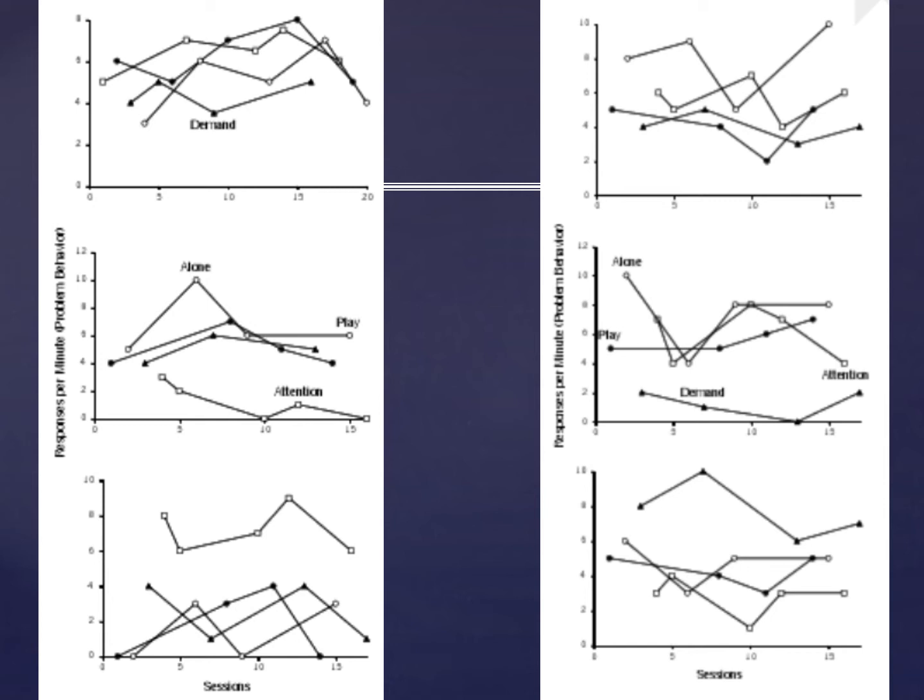The graphs on the right show a similar sequence, but with different results in the escape from demand condition. Which graph shows behavior that should be punished by timeout? The middle graph. In this case, removing the demand and turning away completely during the functional analysis actually suppressed rates of responding. This indicates that timeout would be an effective punisher. In the top graph, that consequence doesn't appear to have any effect at all, and in the bottom, it's contraindicated.